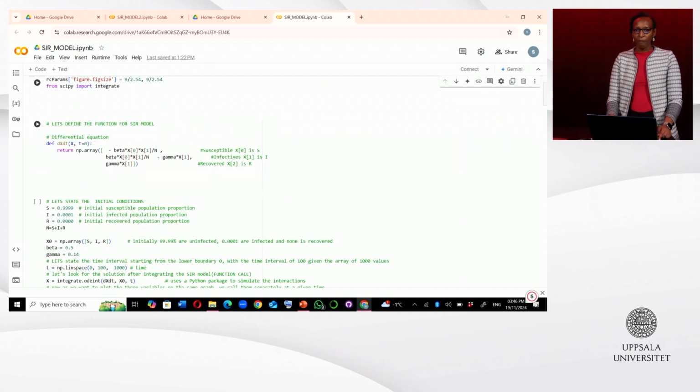Let's define our function to work on these differential equations. Define dx/dt as a function which takes two variables, x and t. x stands for the array of values, and t will be the independent variable. This function is going to return an array of the three differential equations as defined before, and they will be